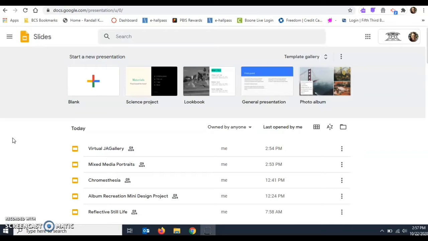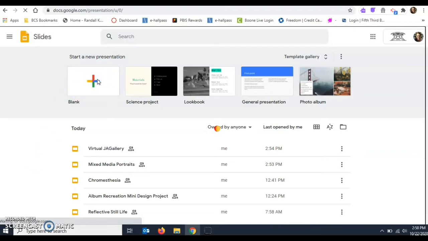This is the easiest way to create the virtual gallery, and if you've created a Bitmoji classroom, it's a really similar process because it's a live document, so you can continue to add and change elements inside of the actual presentation, and then it will automatically update onto your LMS as long as you embed that into your classroom. So we're going to start with a blank presentation,